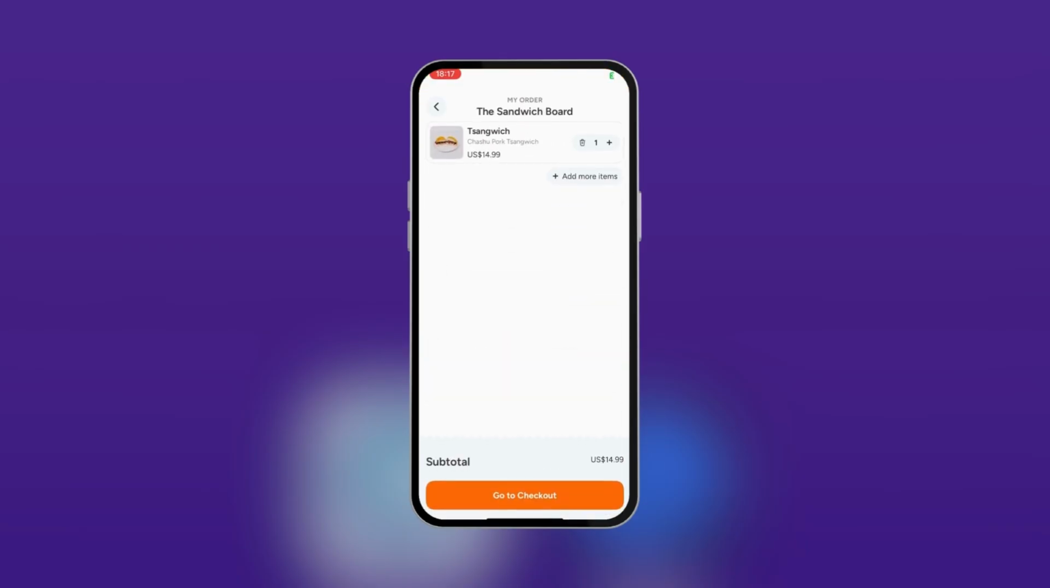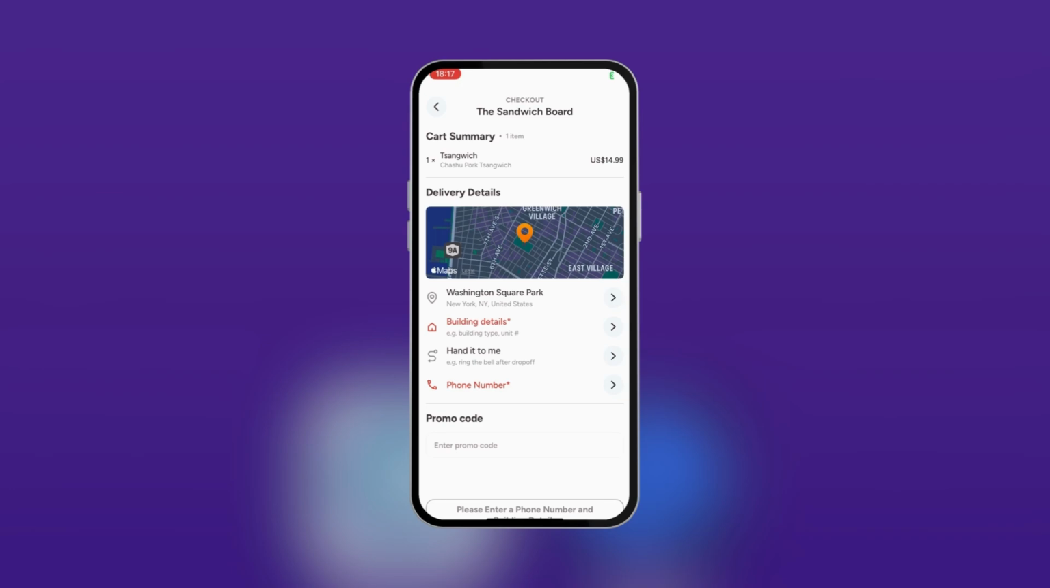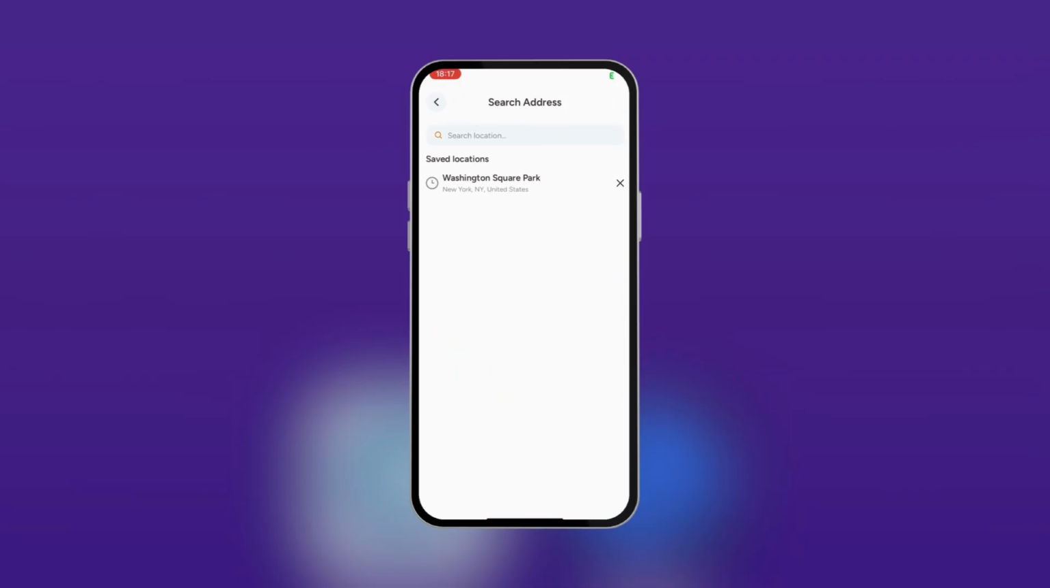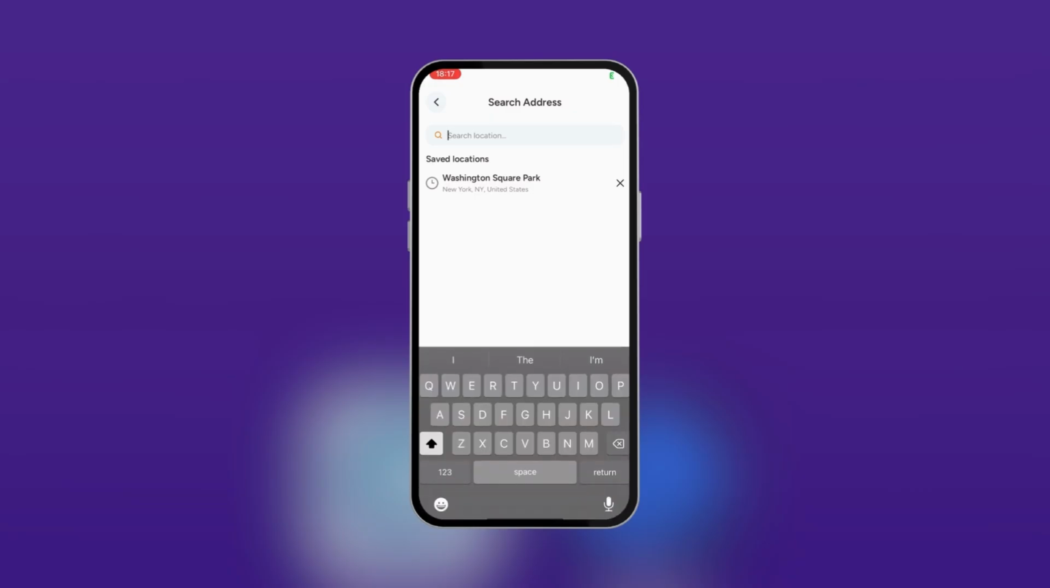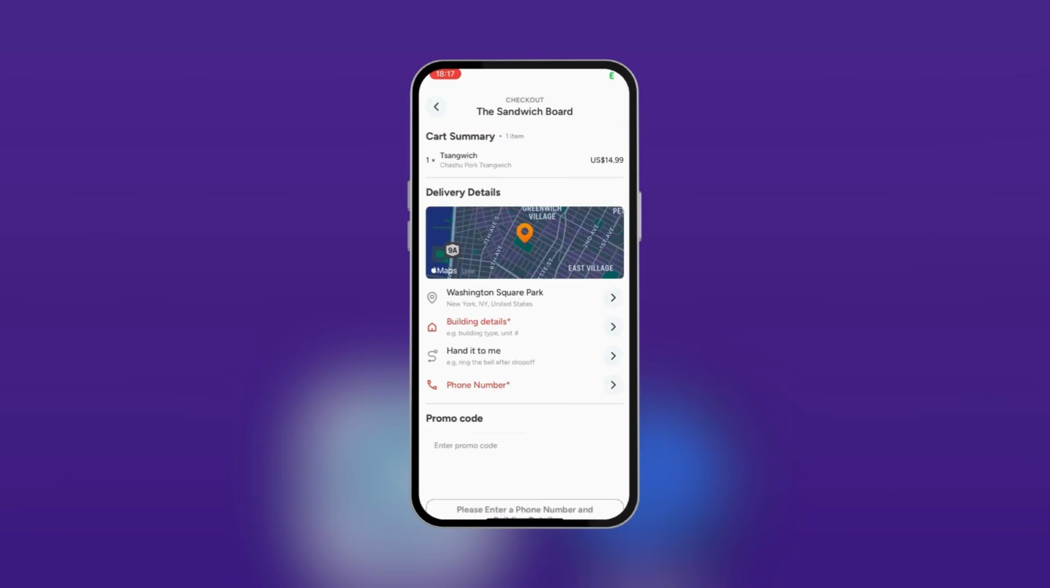go to checkout. Now in the checkout, this is where you can actually change your delivery address. You can see delivery details and you can see the location, building details, handed to me option, and phone number. So all you need to do is to tap on Washington Square Park because that's the original address, and then search for your location by tapping on the search field, putting in your location, and then that's how you get